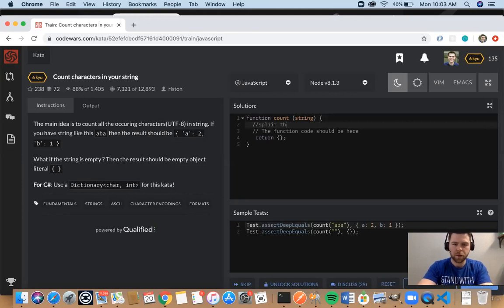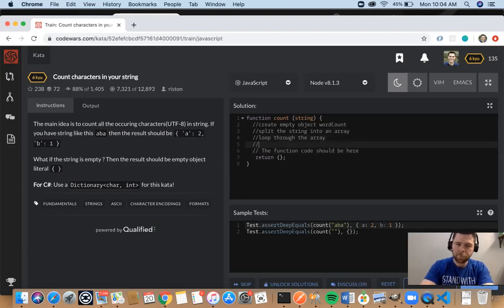Let's split the string into an array, and before we loop through it, create an empty object. We'll call this word count.